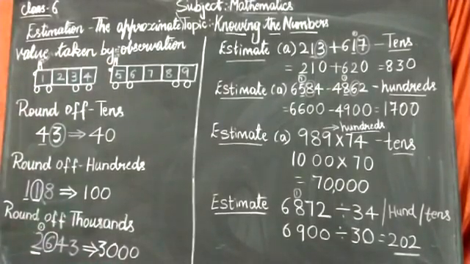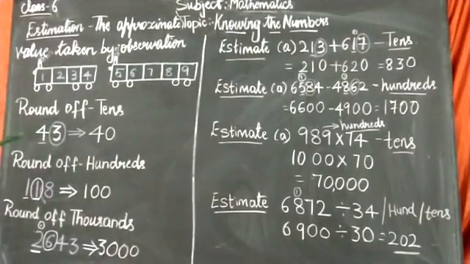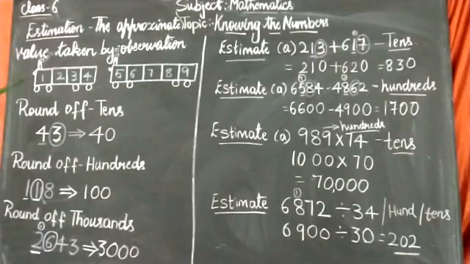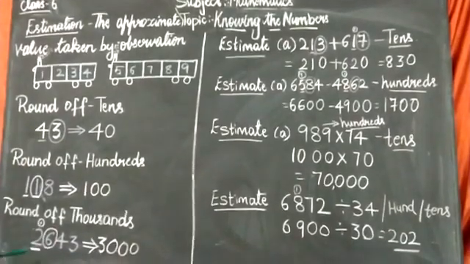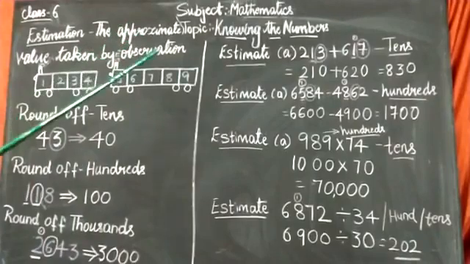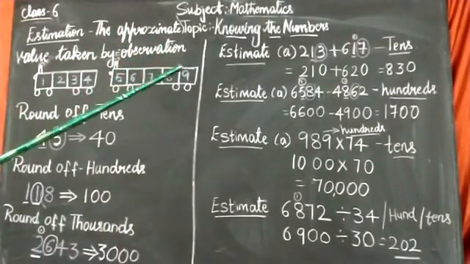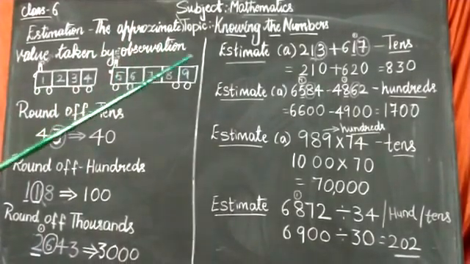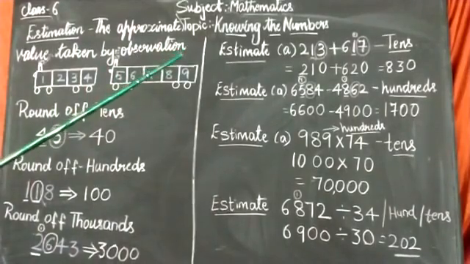You have learned this rounding off in the number line system, even your kids. Now you should do it in this way. You can't be drawing the number line and doing it. Just learn this pattern. Now we have 4 fundamental operations in estimation. In your textbook they have given 4 fundamental operations for estimation.